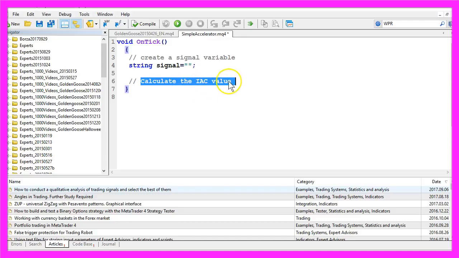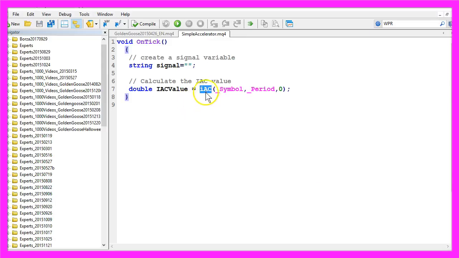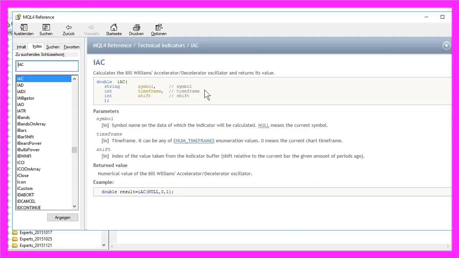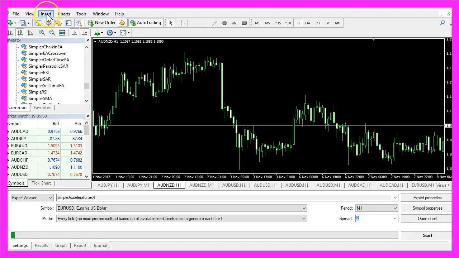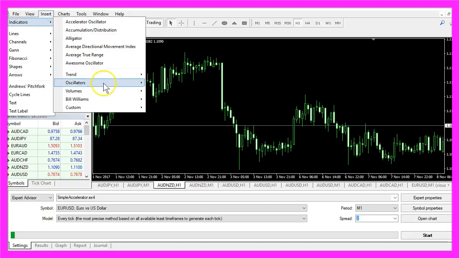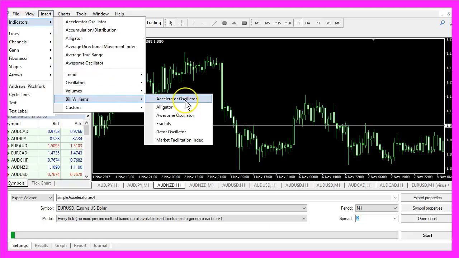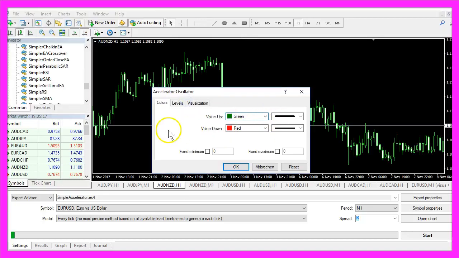To calculate the iAC value, we use the built-in iAC function. If you select it and press the F1 key, you will see that it takes three parameters. The first one is the symbol, the second one is the time frame, and the third one is the shift. And if you click on Insert, Indicators, Bill Williams, Accelerator Oscillator, you will see that we don't have any shift